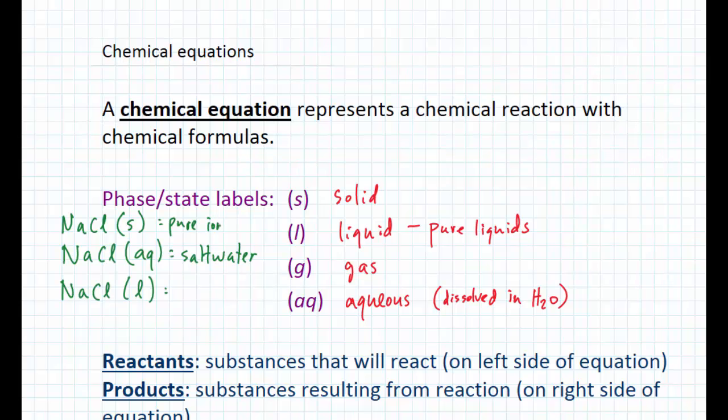Let's write pure ionic compound here. All the pure ionic compounds are solids. So when you've got a metal and a non-metal just in its pure form, they're solids. So our stockroom is full of, hundreds, I guess, of ionic compounds that are pure. They're just solids. Okay? Most of them are white, some are colored, but the pure ones are solids. Okay? If it is able to dissolve in water, we can give it that AQ phase label after we've dissolved it. Okay? But the liquid is still pure,